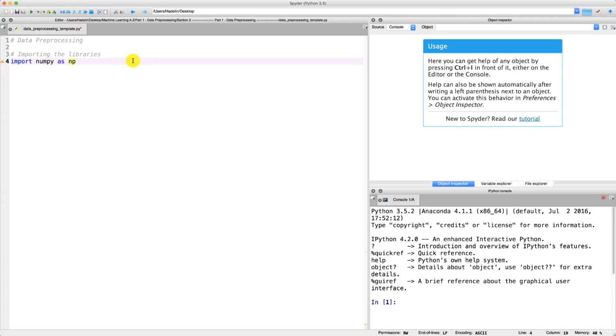Okay, and now what is this NumPy library? So this NumPy library is a library that contains mathematical tools, and basically this is the library that we need to include any types of mathematics in our code. And since of course machine learning models are based on mathematics, then we will absolutely need NumPy from time to time to do them, but not all the time, you'll see. Okay, so that's the first library, and now let's import the second library, which is really essential, and it's called